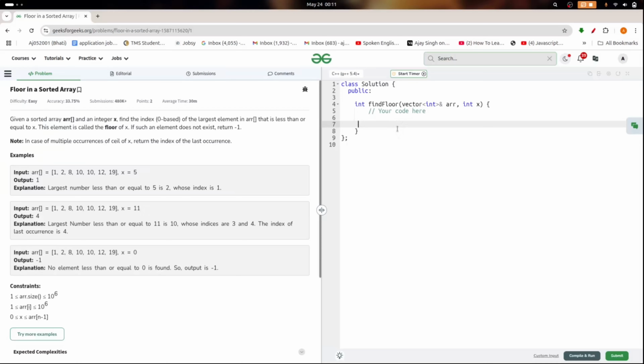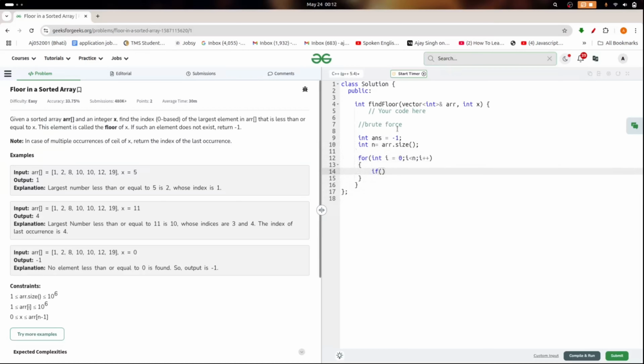So I write the brute force approach. int answer equals -1 and int n equals array dot size. For loop, i plus plus.